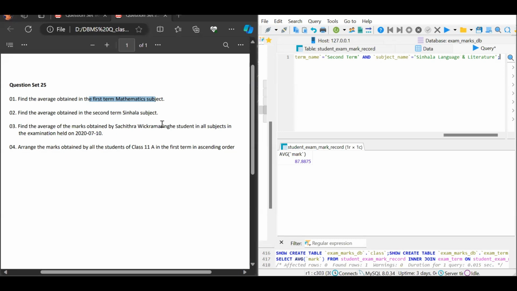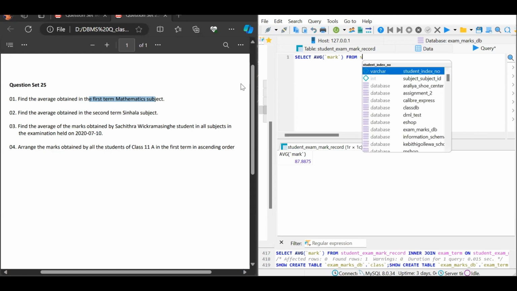So then let's move to the third question, where it tells to find the average of the marks obtained by Sachitra Wickramasinghe student in all subjects in the examination held on the relevant date. So then let's again type the select query. We have to find the average mark here, so here we use the average keyword, and again inside this we specify the relevant column as mark. We need to obtain average mark from the student exam mark record table,